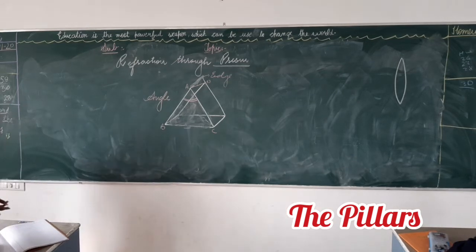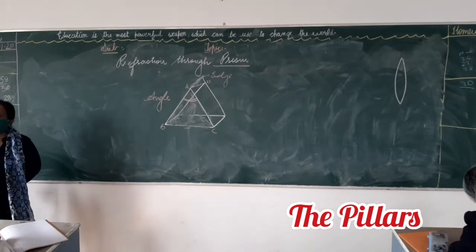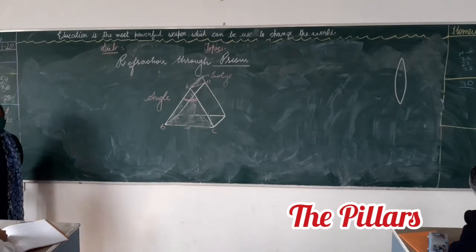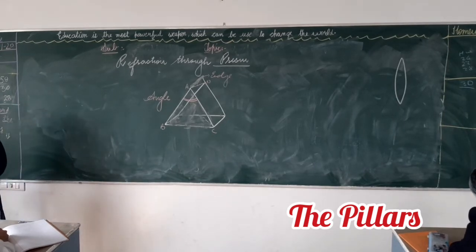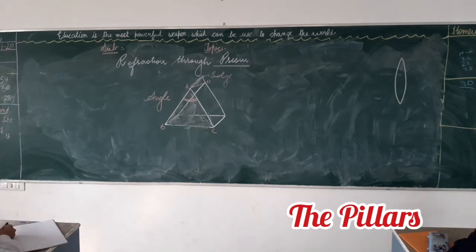A base and a principal section. Which has three plane surfaces, and we can add refracting planes. A base. What is a base and principal section? Principal section, we call it principal cross section. What is the meaning of that?